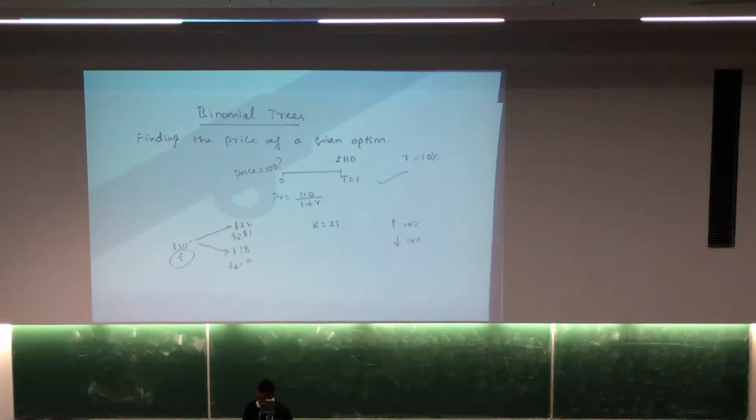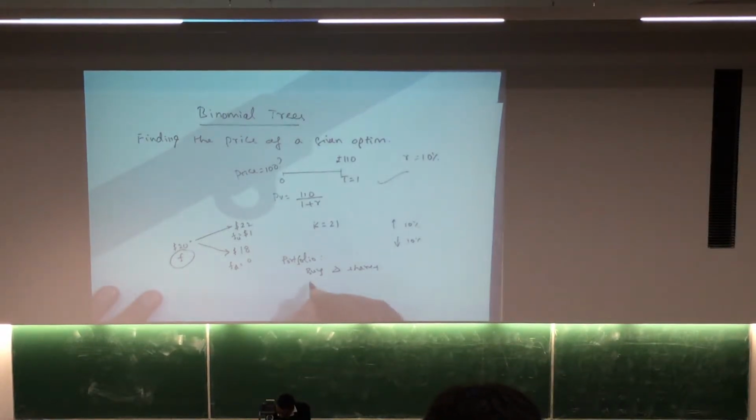Let us say that I am going to consider a simple portfolio. According to the portfolio, what I am going to do is, I am going to buy, this is a textbook notation, delta is basically representing the number of shares, delta shares, or delta stocks of the underlying,